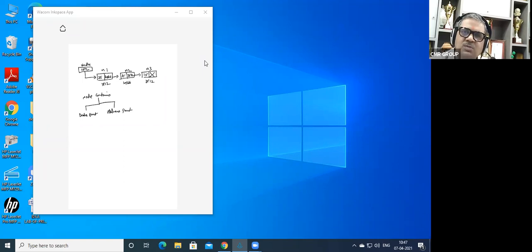That means the address part of any particular node contains the address of the next node. Or I can say that node 1's address part is pointing towards node 2, and node 2's address part is pointing towards node 3. So the address part is nothing but a pointer. You know what a pointer is? A pointer is a variable which stores the address of another variable.